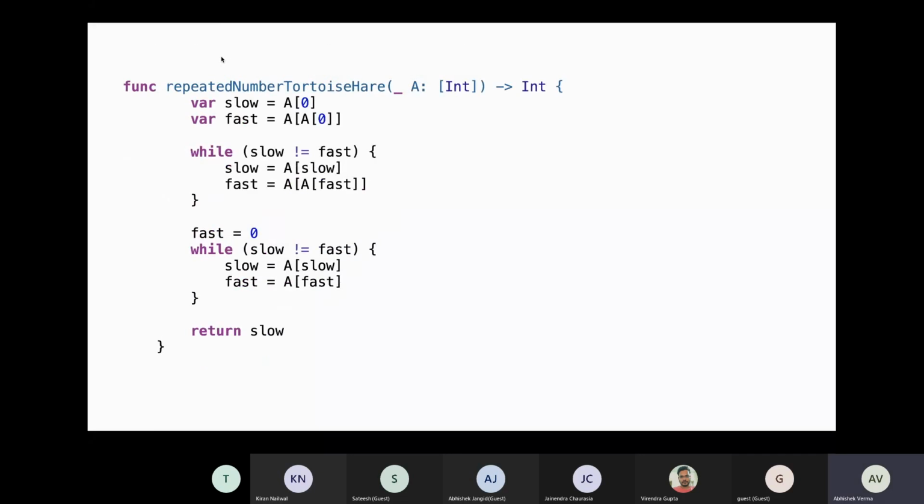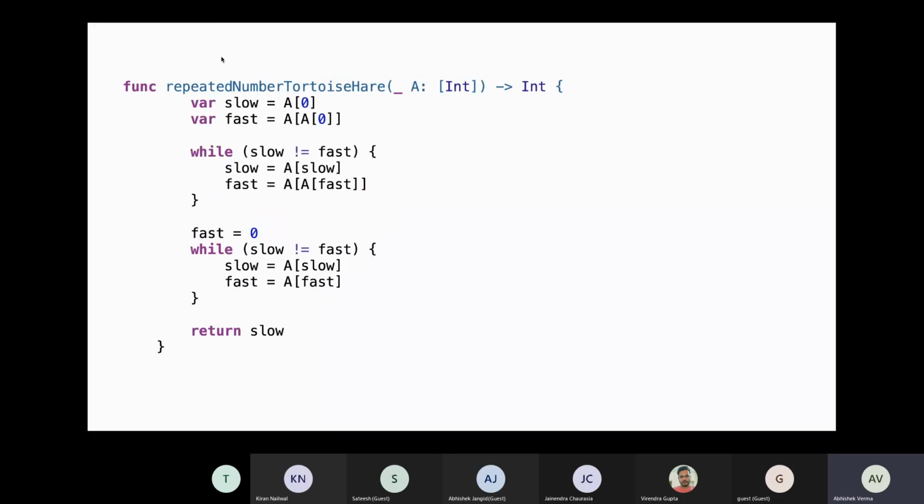So one of the approaches which the interviewer is actually expecting is that you will be able to solve this problem in O of n time with constant space, because in the problem statement itself it has been written. So to solve this, there is a solution called tortoise and hare solution.